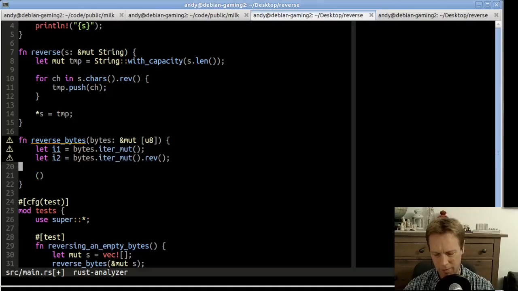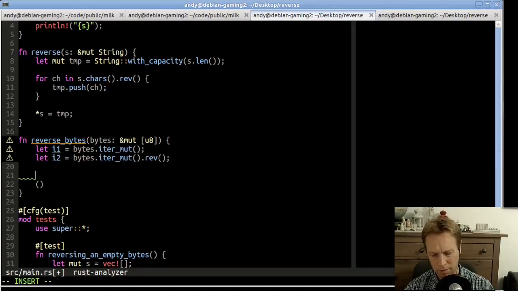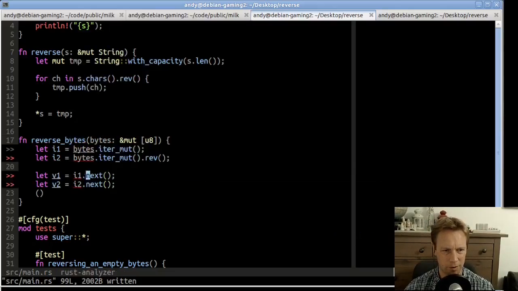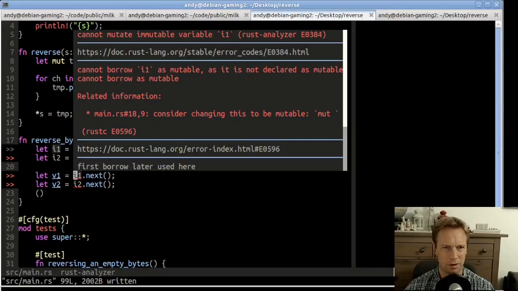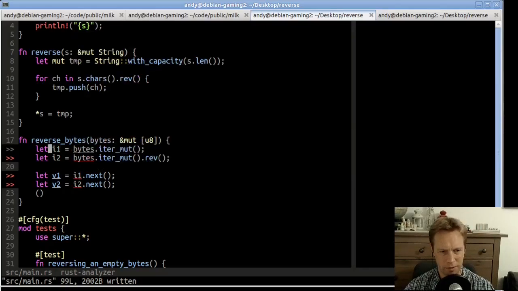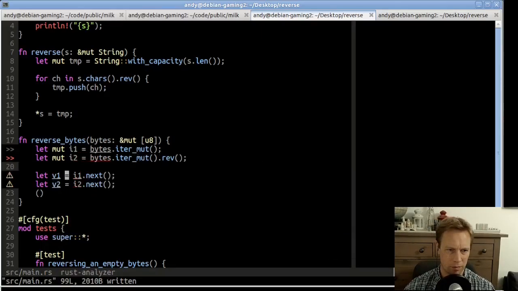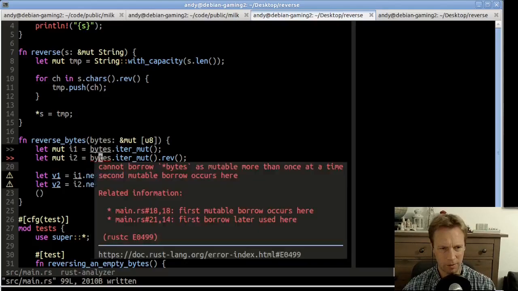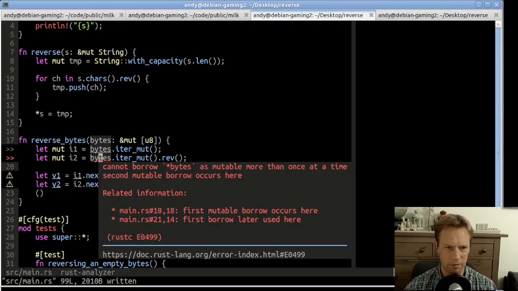So let's just say value 1 is iterator 1.next, and value 2 is iterator 2.next. Sometime soon it's going to tell me you can't have 2 mutable iterators. First of all, these need to be mutable. Now you can't take a second mutable iterator